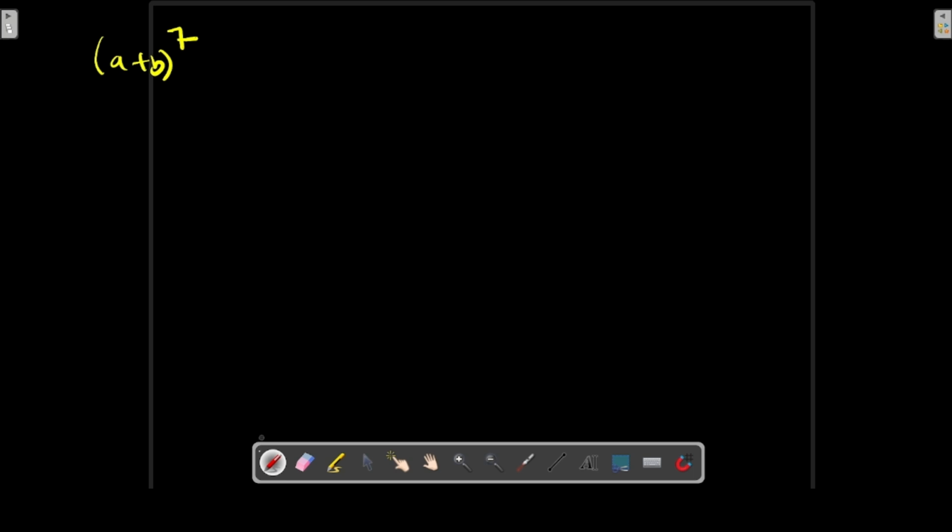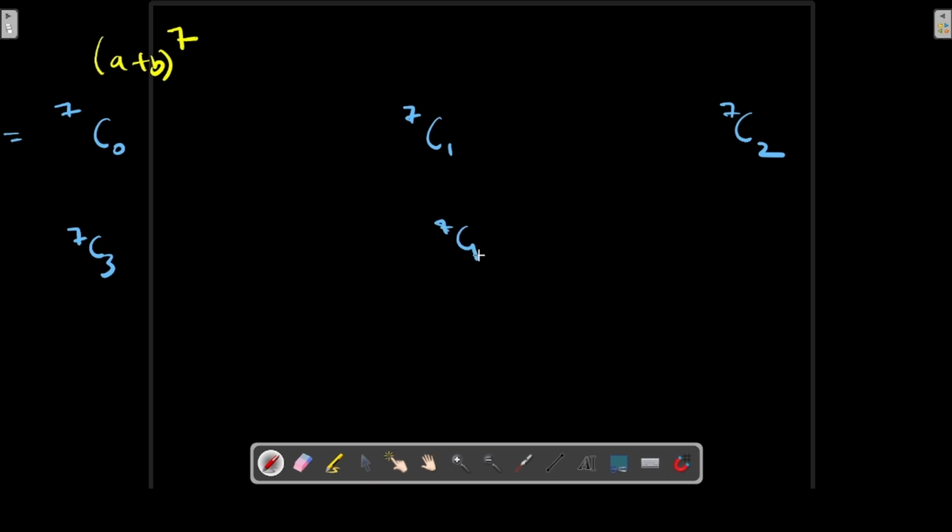(A+B)^7. What does it give me? What will be the coefficients first? 7C0, 7C1, 7C2, 7C3, 7C4, 7C5, 7C6, 7C7. That will be A to the power of 7, B to the power of 0,